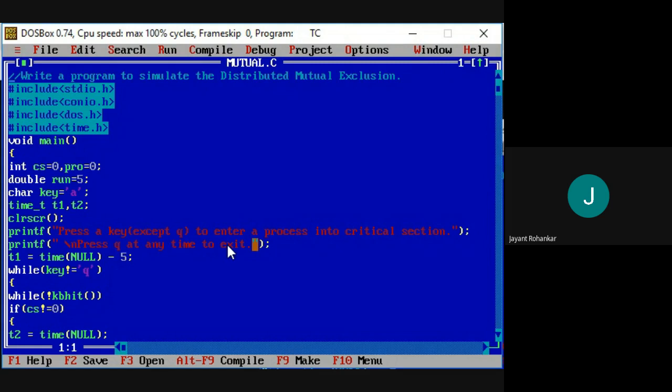So here first of all we have to enter the process into the critical section, and when that process enters the critical section, it will use and execute it. Execution will be completed by that process, and after the execution, the next process will be allowed to use the critical section.